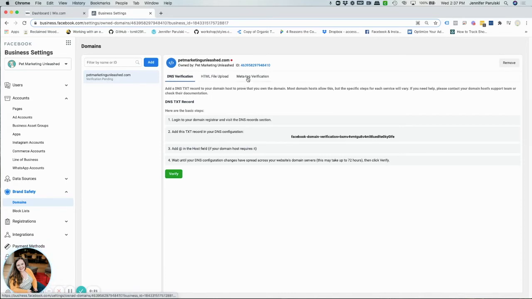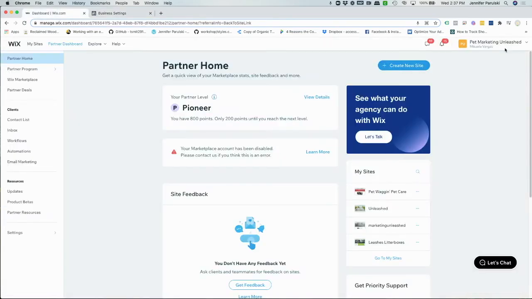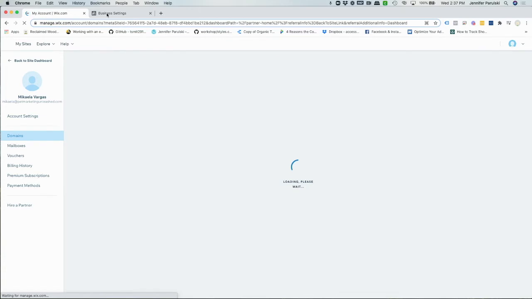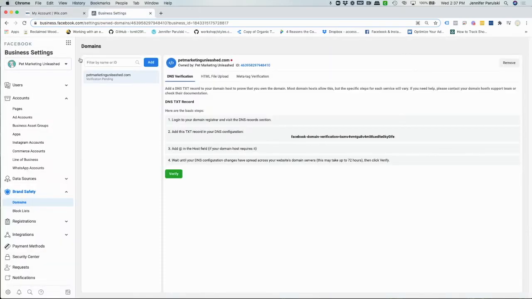Like I said, back end, most of them have just a spot where you can copy and paste that meta tag and the DNS. So I'm actually going to go ahead and just show you how to do the DNS verification. So first things first, on our website here, we're going to get logged in and then click on Domains. And it's really as simple as copy and pasting what they call the TXT. So this TXT record